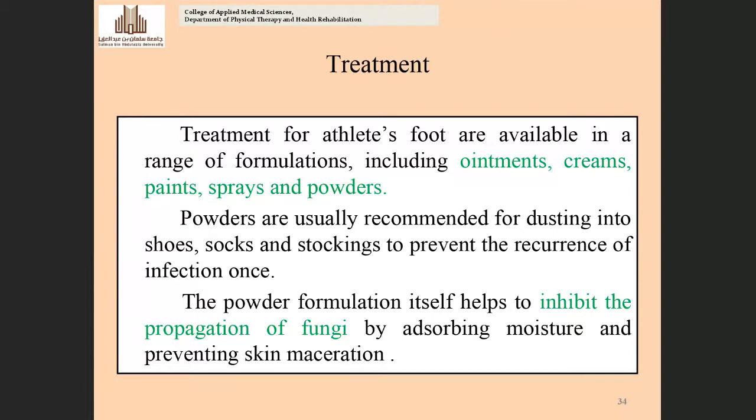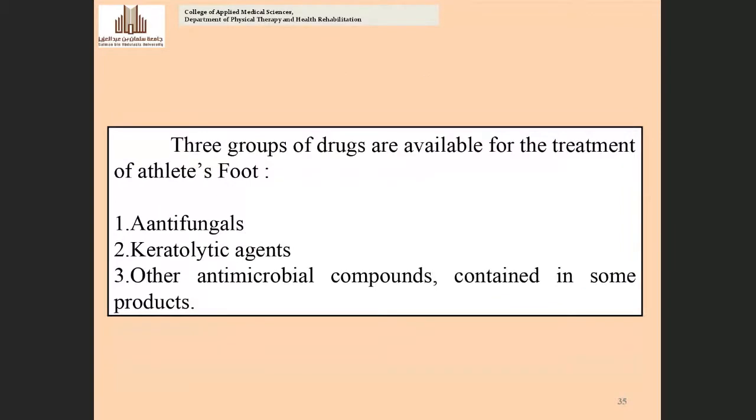The powder formulation itself helps to inhibit the propagation of fungi by absorbing moisture and preventing skin maceration. The application of powder will also provide friction-free movement in the foot. I will tell you some of the important medicines: antifungals, keratolytic agents, and other antimicrobial compounds. These are the very commonly prescribed drugs for athlete's foot. So I think that's all about the